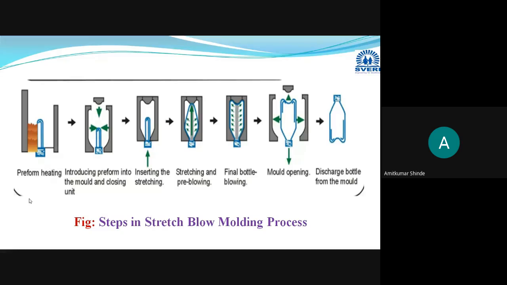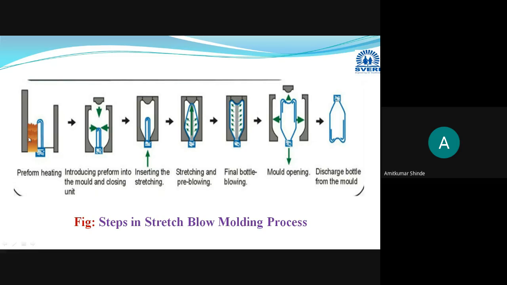Now we will move towards this stretch blow molding process. Here, the little bit of difference is that a stretching operation is performed on that preform or parison by using some mechanical arrangement. How it will be done, we will see one by one as per the stages. In the first stage, we are taking that preform or parison and we are doing the heating. Here preheating